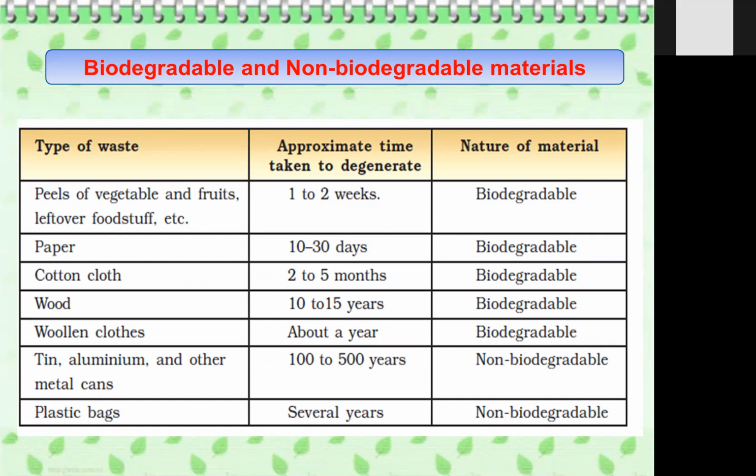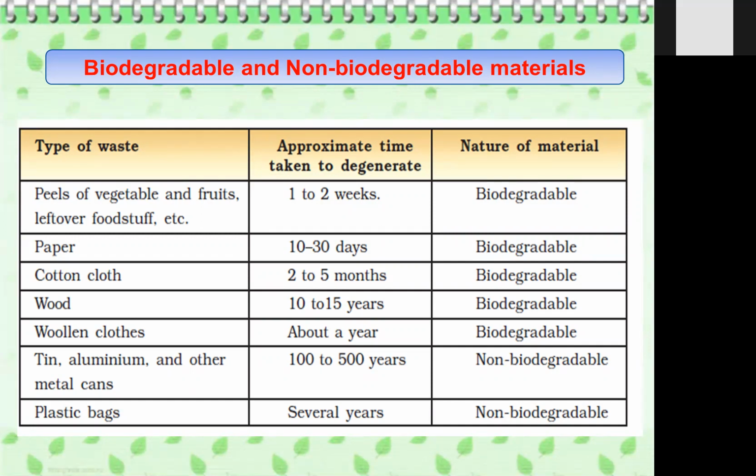Wood is a natural thing. It is not harming the environment. It is a fuel, it is very useful. You know how useful trees are. They are friends. They are life actually. So 10 to 15 years, chalega, no issue in that. Woolen clothes take about a year, fine, biodegradable. That is also not harming, because the origin is nature, animals, plants and all. So they are not harming anything.